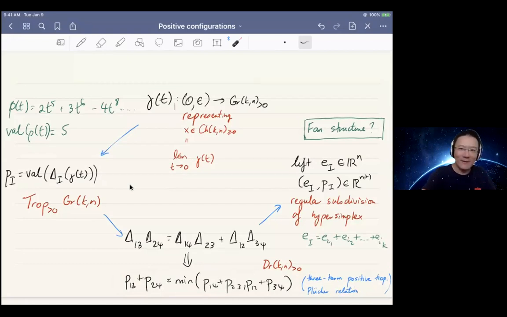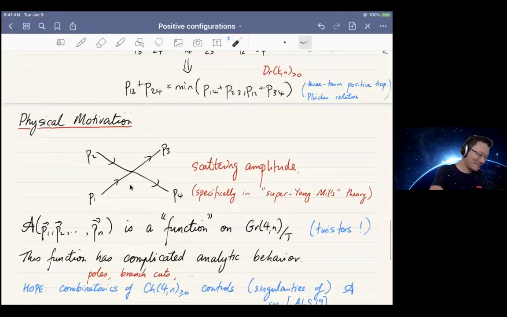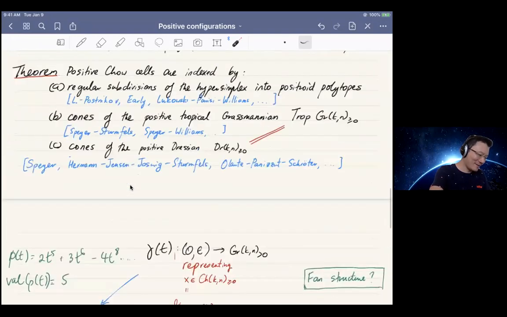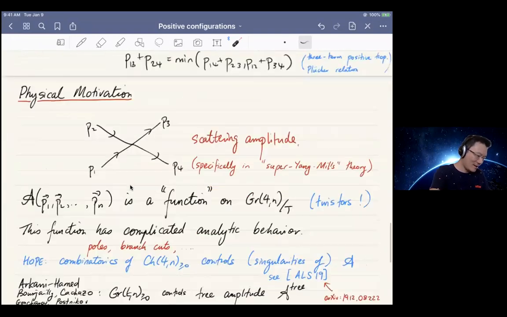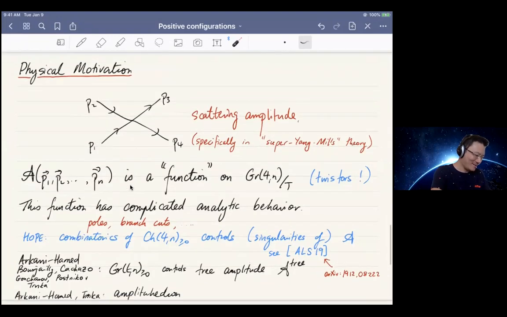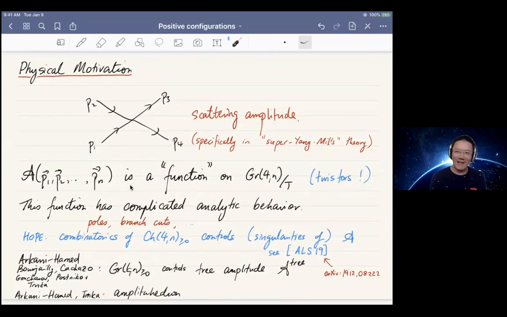Okay, so I think I have like 2 minutes left. So that explains the main theorem. I feel like I should, well, in the last minute, say